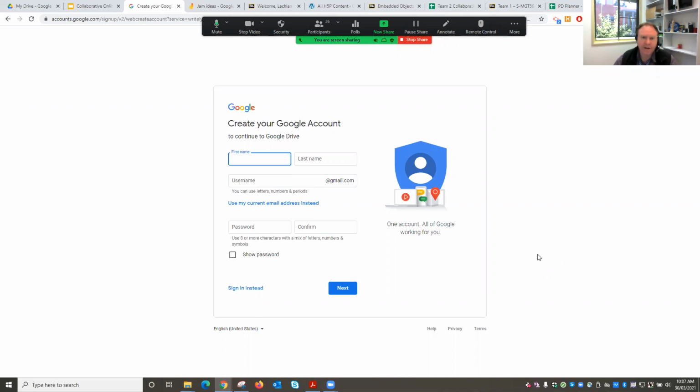So that's our baseline, is that we're going to end up with an online folder or series of folders that will store up to 15 gigabytes. The way to get access to those is to sign up initially for a Google account. And the traditional way to do that is to actually create a Gmail address, which is synonymous with creating a Google account, but you can use an existing email instead if you don't want to sign up to a